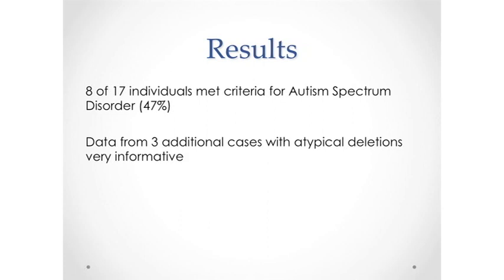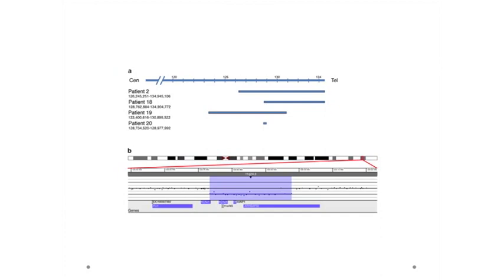So it's curious to me. I don't have an explanation that even though this genetic syndrome is more common in girls than boys, there still seems to be a relatively higher risk, at least in this very small sample, of ASD in boys compared to the girls. So this is from the paper, and what it shows you is that if you look at that